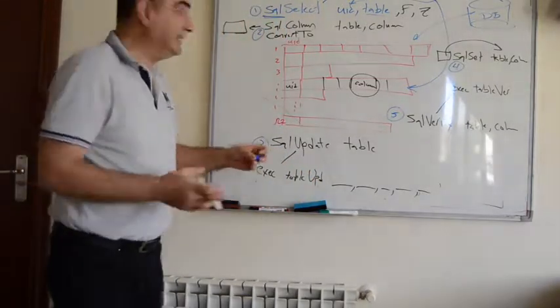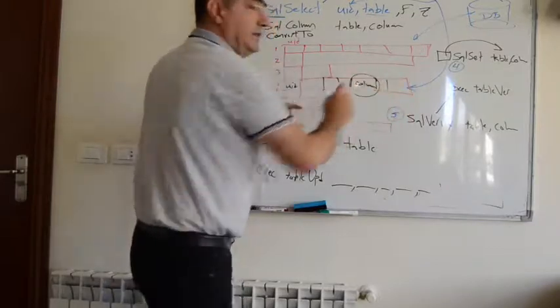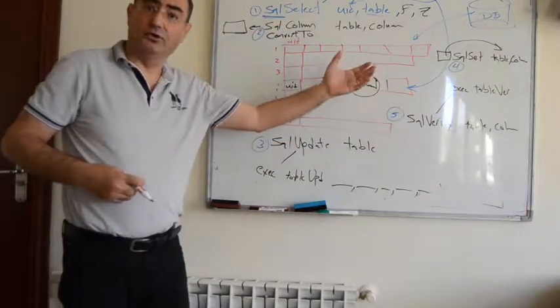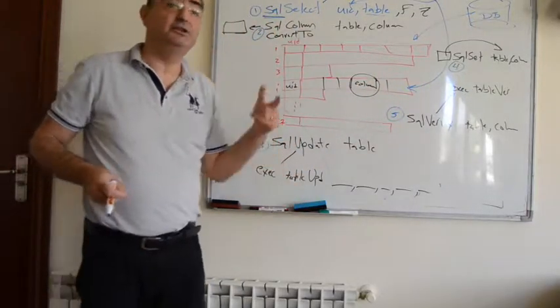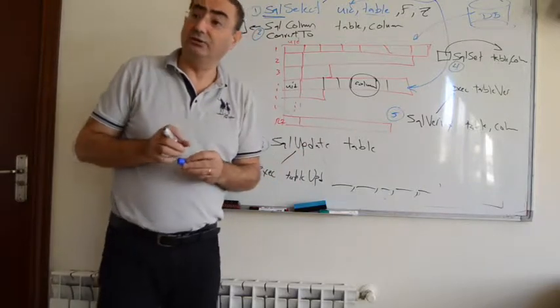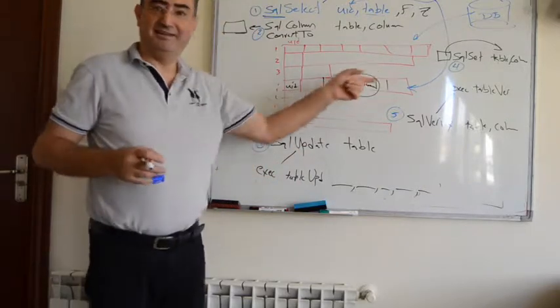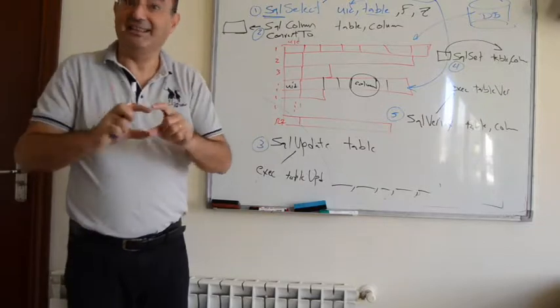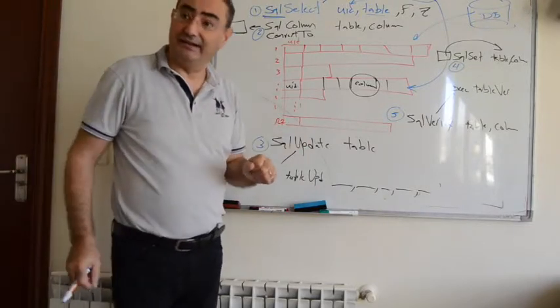We said the SQL Update takes whatever row you have here, whatever values in that row, and will write them to the database. It's your responsibility to make sure that here there exists the correct data that you want to send to the database. So this is